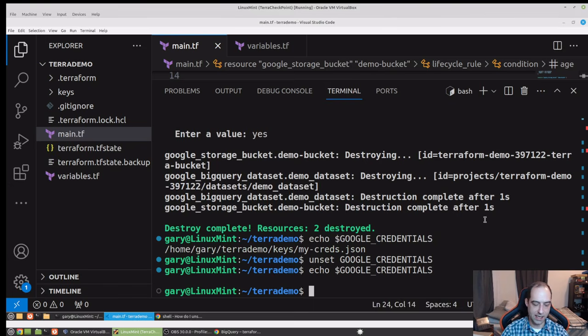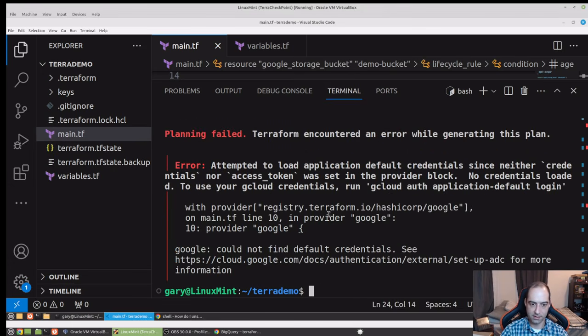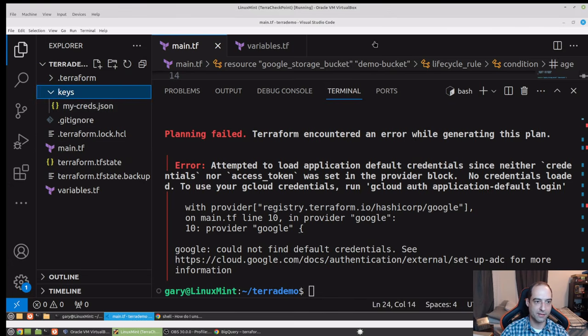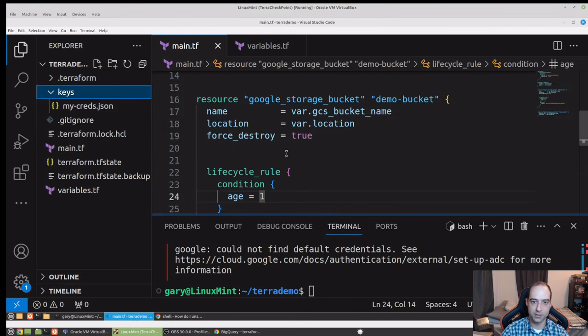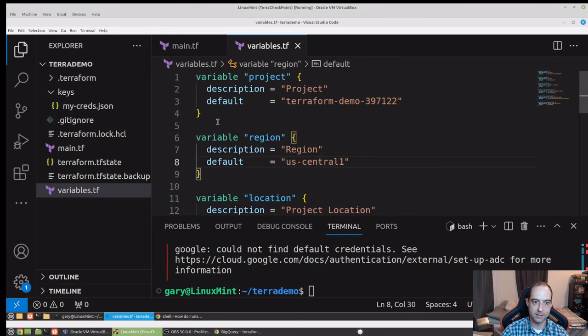I'm going to go ahead and do a Terraform plan. Attempted to load application default credentials since neither credentials nor access token was set in the provider block. No credentials loaded. Basically, it's saying I have no way of knowing that you have access to the project that you're telling me on GCP. But we could go ahead and really set this wherever we want, and I'm going to go ahead and